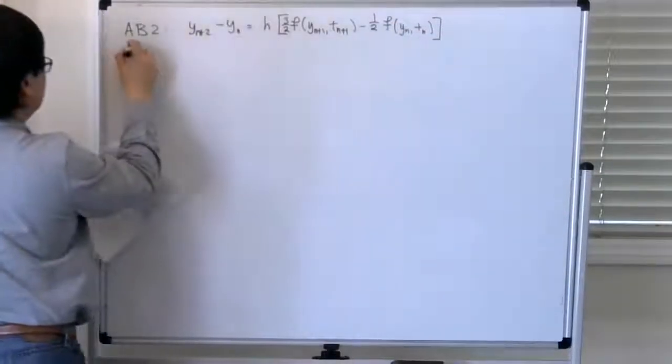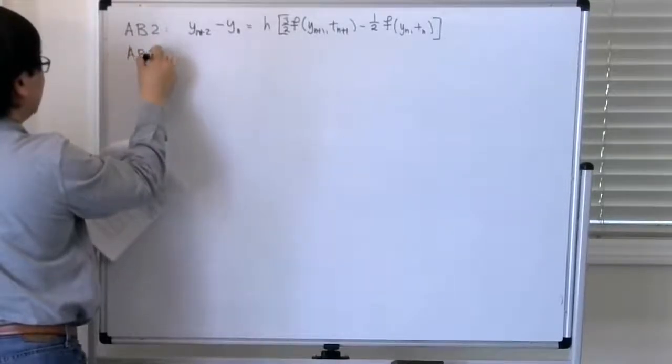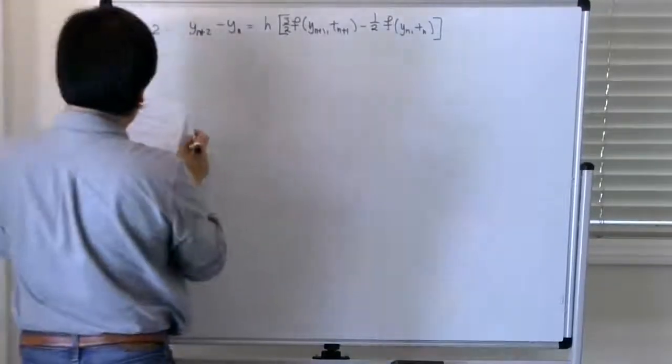And then there's the three-step Adams-Bashforth method, which looks like